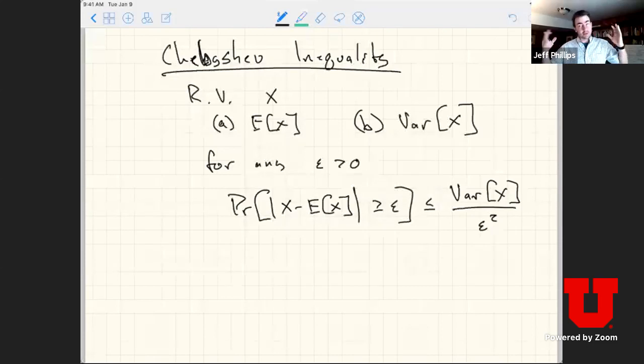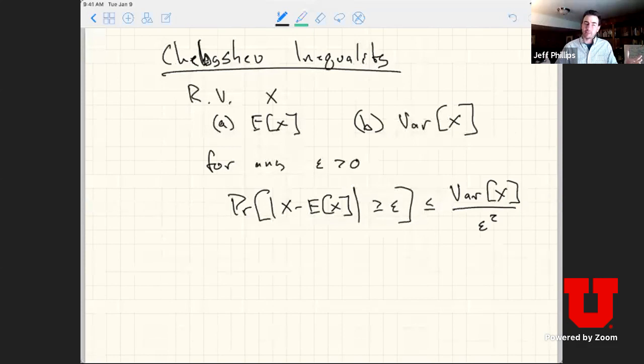Okay, so this looks similar to the Markov inequality. I'm getting some probability on the left, and on the right, the variance is in the numerator, which is a squared quantity, it's in squared units. So I get to divide by this error term squared. That means as my tolerance increases, my bound on the probability goes down quadratically instead of linearly. So I'm able to get better bounds on the probability this way